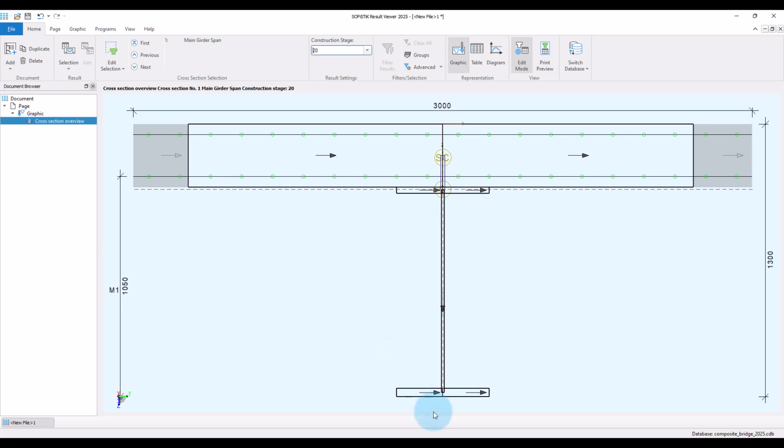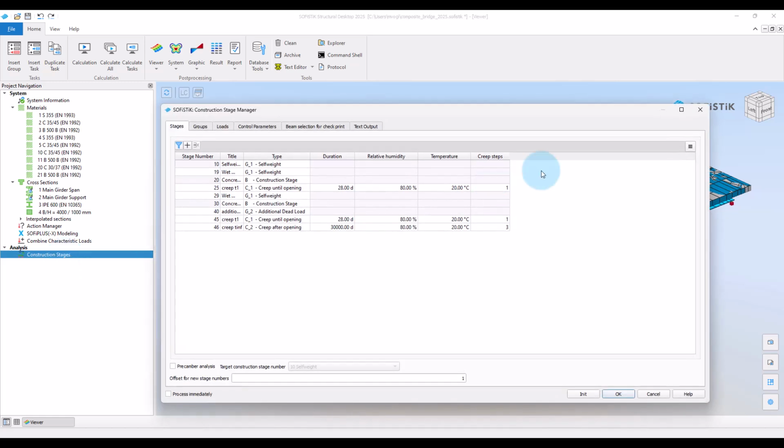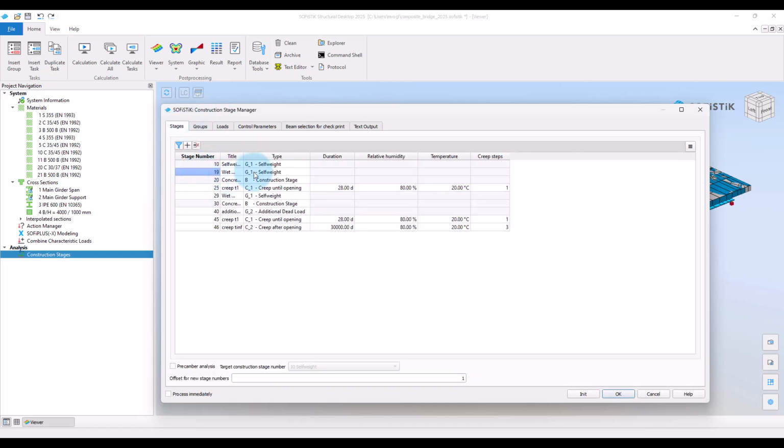And for this, we can use this option C2 concrete load from -1. This means the concrete self-weight in the beam elements will get activated one construction stage before the stiffness of the concrete elements. So we will have concreting loads in the span, for example, in construction stage 20 minus 1, which equals 19.